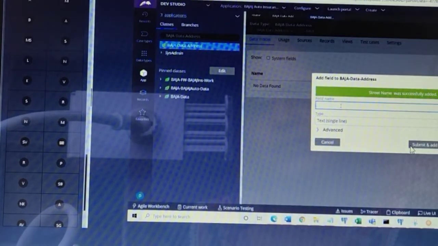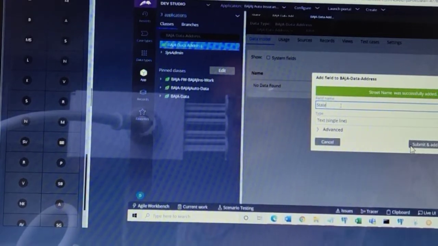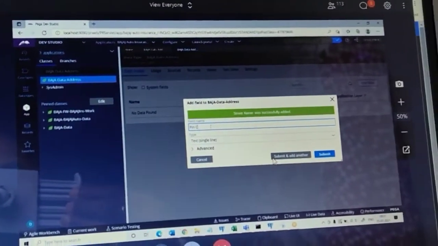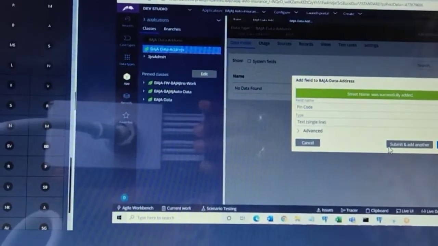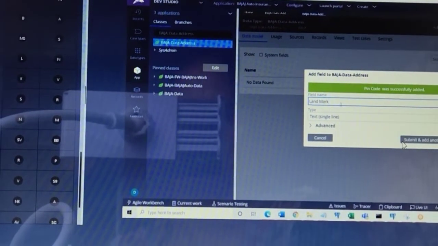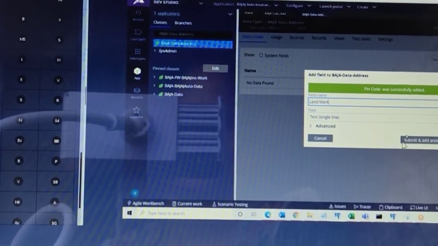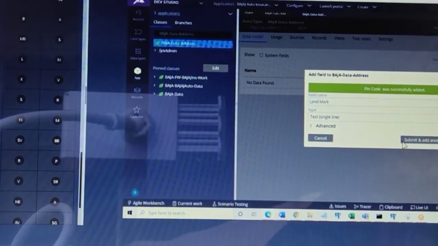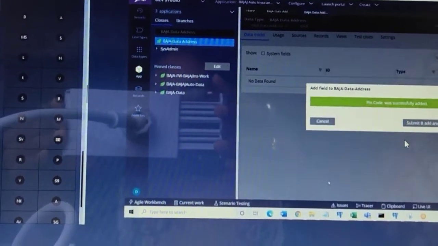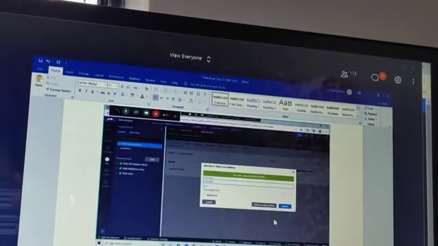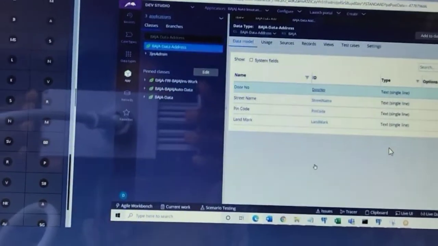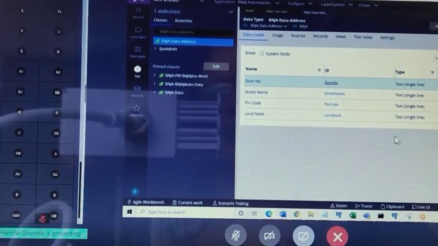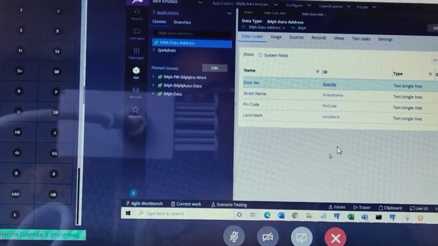What else is there? Pin code. N number of properties you can add. Landmark. Submit. Save. Done. So now you have created 4 properties in the data class.